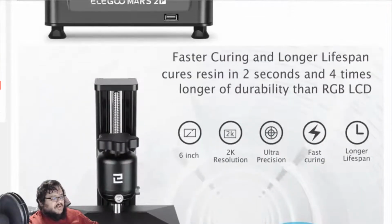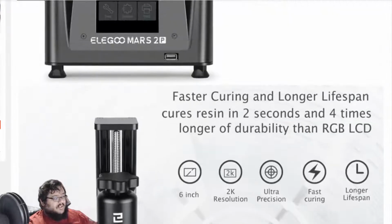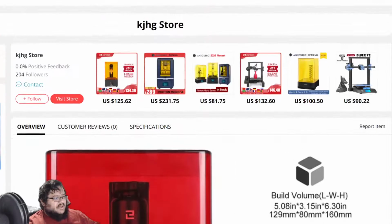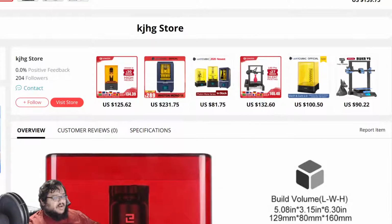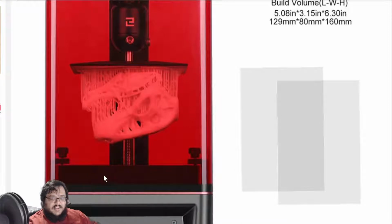The one issue we've run into is the mold that I am making is rather large, and we don't think it's actually going to fit in the build surface of the Mars. Now, I think there's one called the Lagoo Jupiter that is much bigger and probably will have the build surface we need. As you can see, I think the pool of resin stays down here, and as it lifts up, we've got the UV lights that harden it in a particular way,